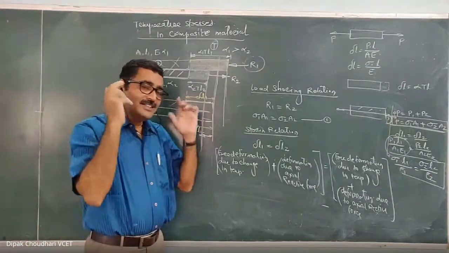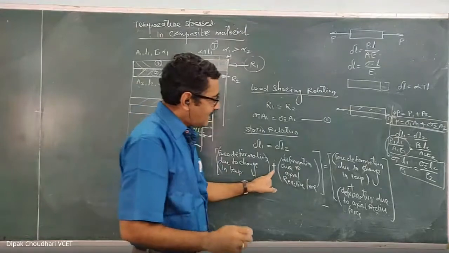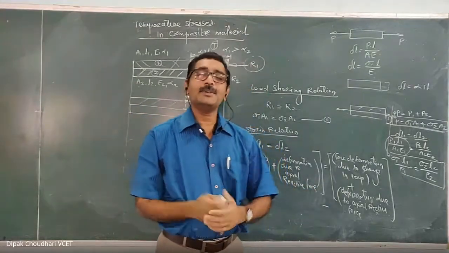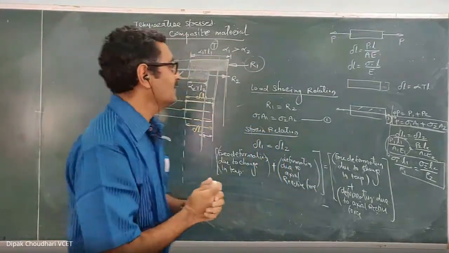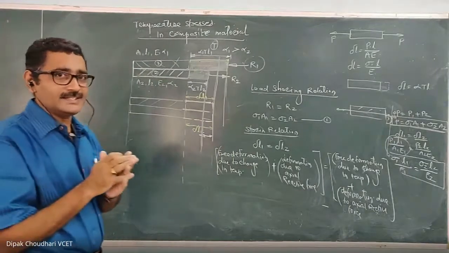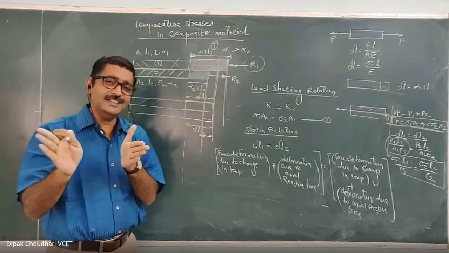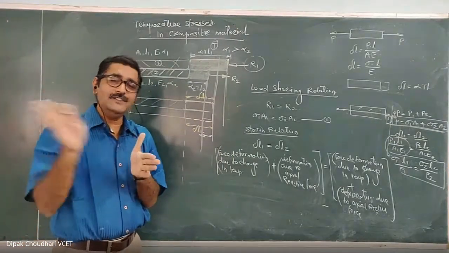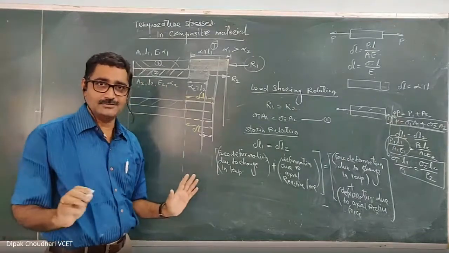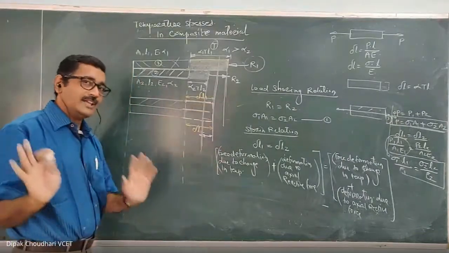Now here I have taken the summation, I used plus only, but what I am suggesting is to think logically while solving the sum. If there is an increase in length, take it positive. If there is a decrease in length, take it negative. Okay, for the general case I am taking positive only.